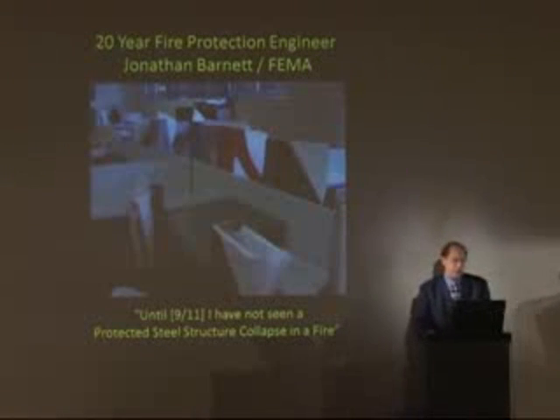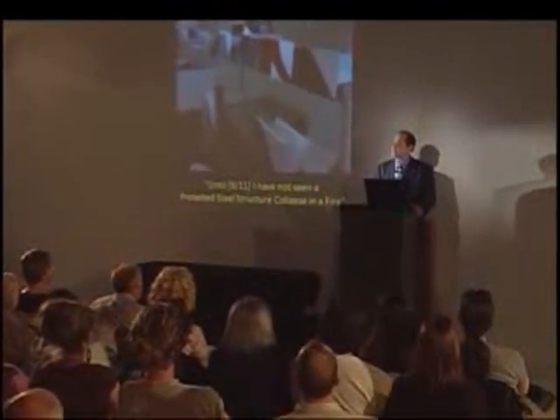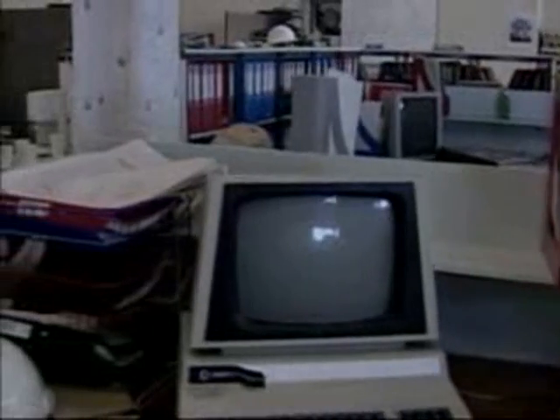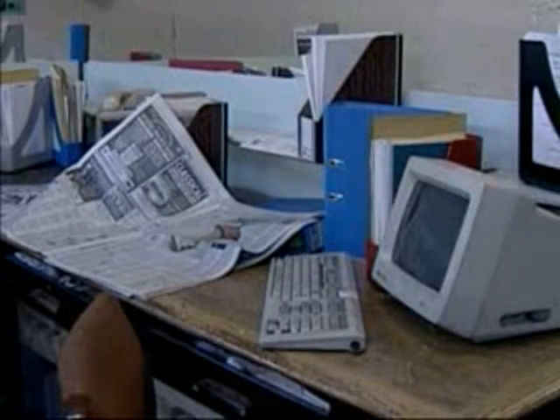Let's listen to Jonathan Barnett from FEMA talk about what fires are expected to do in steel buildings. The way in which steel-framed buildings behave in fires depends on their construction. In this test, done by British Steel in 1995, a large amount of typical office furniture was burned to see what would happen to the heavy steel beams that supported the ceiling. When steel is bare, when it heats up, it gets weaker. It's not that it melts in a fire. In fact,